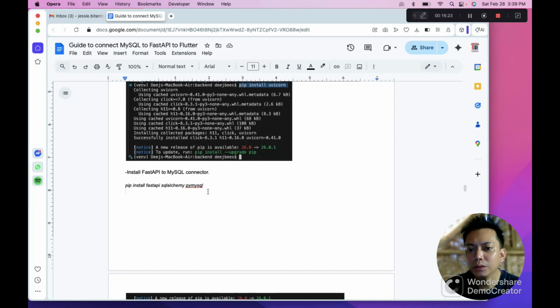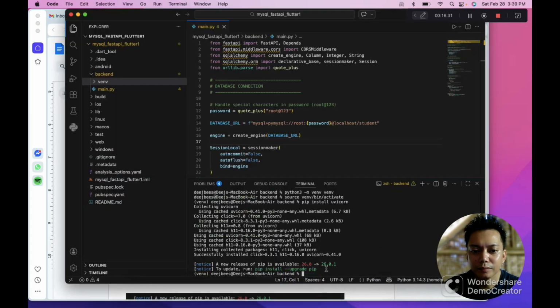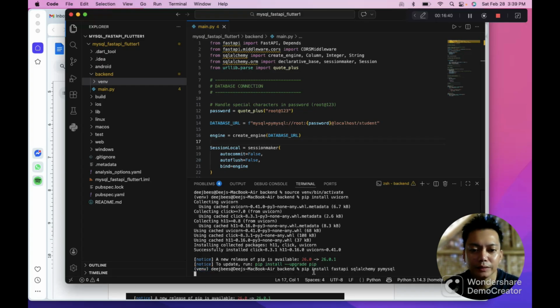Then next, we're now going to install the connector for MySQL to FastAPI. So make sure venv is there before we paste the code.